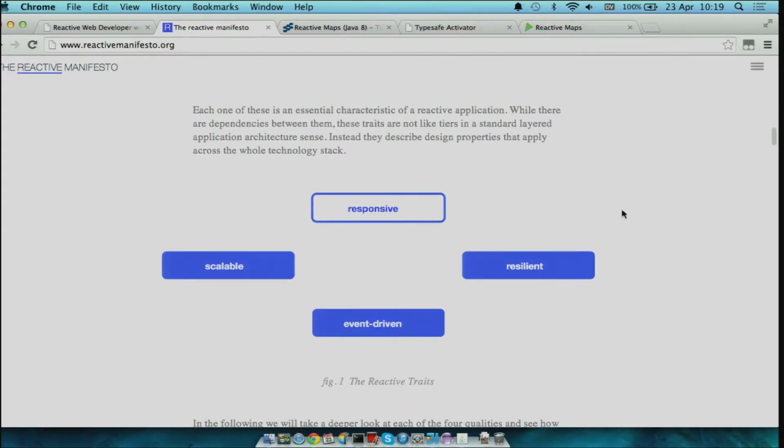The other 3 tenets are scalable, so scaling out for internet loads, resilient, so if part of your application fails, the rest of it shouldn't fall over, and responsive, which is about being responsive to users, so not making them wait, giving them data as soon as it's available. But primarily today I'm going to be talking about the first tenet, which is event-driven.